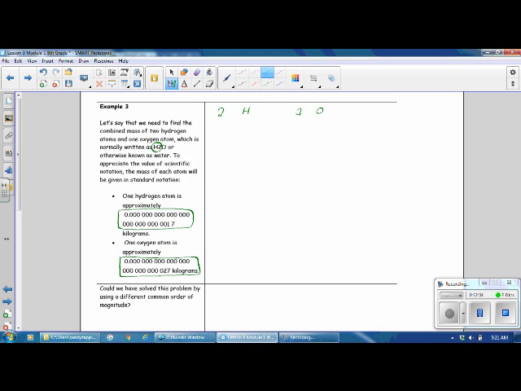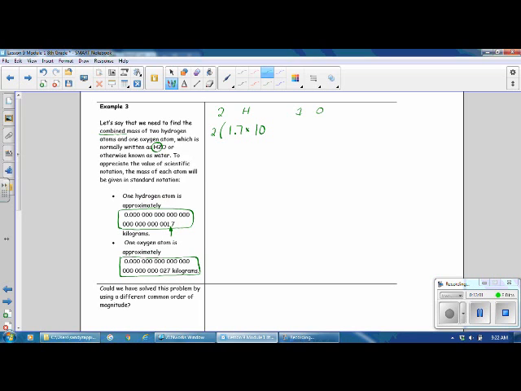And we want to find the combined mass. The combined mass means that we want to add those together. So the purpose of this is scientific notation. So we're going to write each one in scientific notation and then add them together. Okay, so we're going to have 2 hydrogen atoms, and we want to write our hydrogen atom in scientific notation. Our decimal needs to go after the leading digit, so it will be 1.7